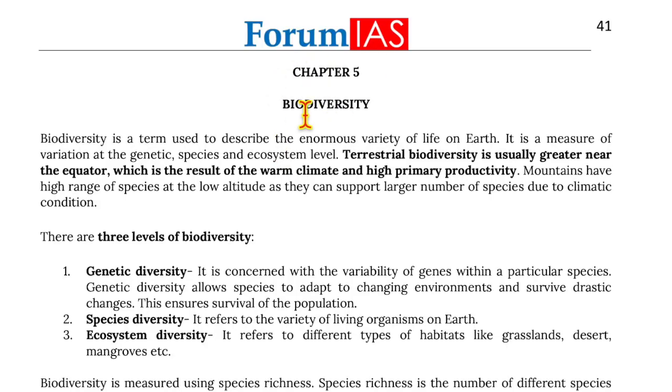Now moving on to chapter 5, which is biodiversity. Biodiversity is a term used to describe the enormous variety of life on Earth. It is a measure of variations at the genetic, species, and ecosystem level. Terrestrial biodiversity is usually greater near the equator, which is the result of the warm climate and high primary productivity. Mountains have a high range of species at low altitude as they can support a larger number of species due to